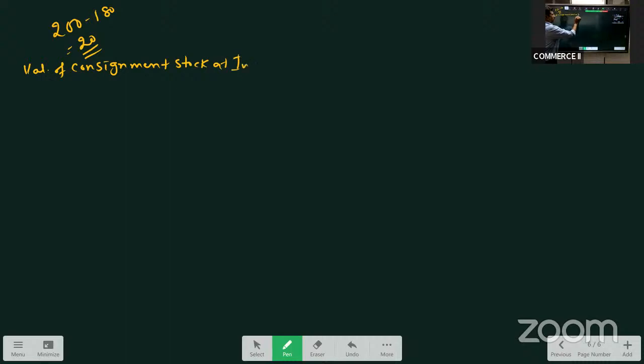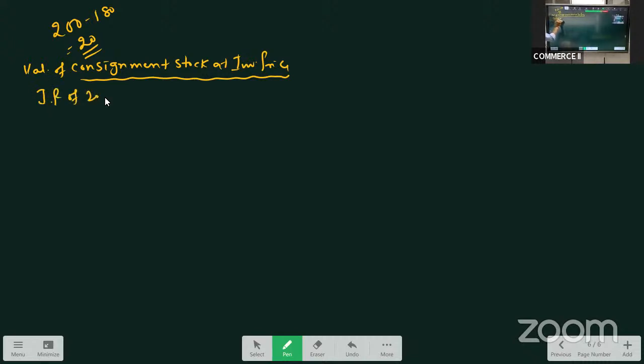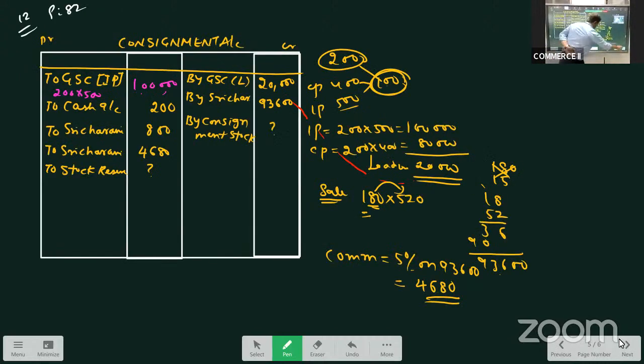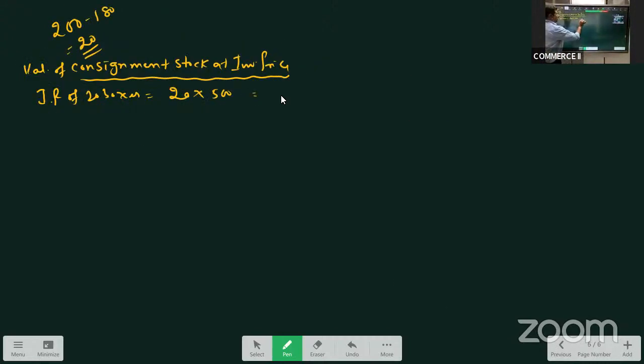Okay. So now the valuation of consignment stock at invoice price. Let us take the invoice price of 20 boxes. That is 20 into the invoice price, which was 500. So 20 into 500 is 10,000. Then add